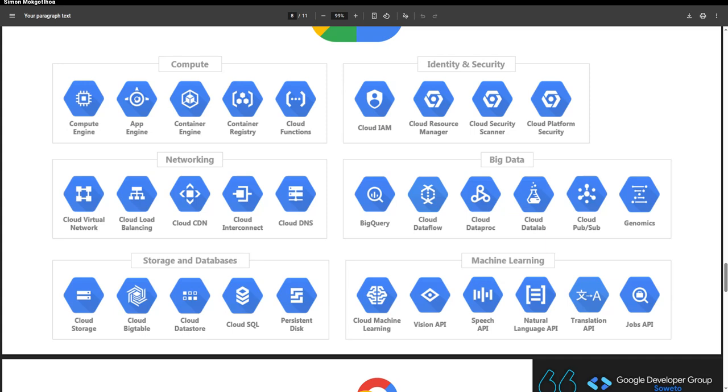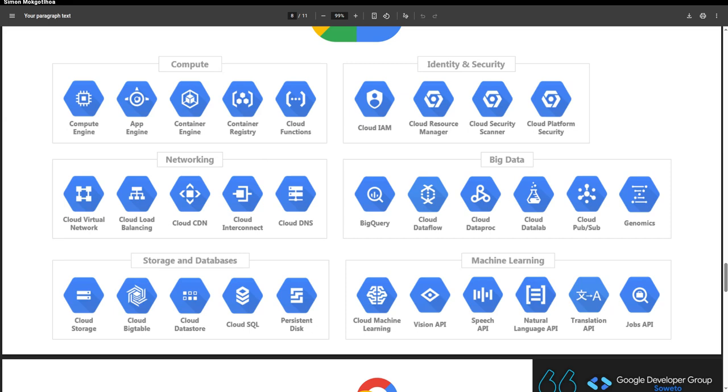And then let's look at big data. We are here now on big data. I mean, I think for big data, the biggest talk right now is really BigQuery, right? And what BigQuery is, it's a fully managed petabyte scale data warehouse. So BigQuery allows you to run super fast SQL-like queries on massive data sets. It's serverless, so there's no infrastructure to manage, and it scales automatically. So for all the people in big data, you may want to start looking at BigQuery if you're not already using it.